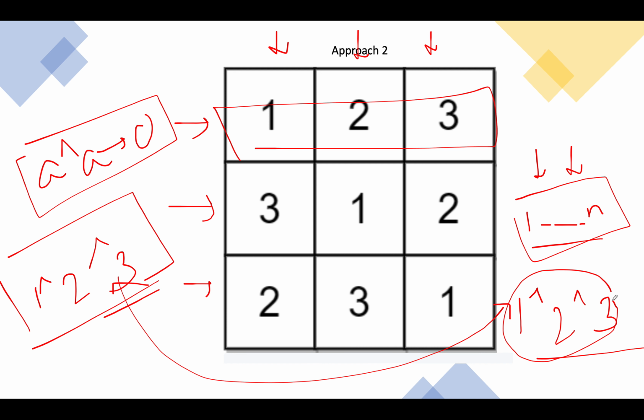Pretty simple and straightforward. Here in this case, we have exploited the property that 1 will be cancelled by this one. 1 XOR 1 turns out to be 0. 2 XOR 2 turns out to be 0. 3 XOR 3 turns out to be 0. And in case there has been some duplication, let's take the case where 1 XOR 1 XOR 3 were present in the row, the value will not be equal to 0, because this will get cancelled by this, and the XOR of 2 and 3 is not equal to 0. This is what we are aware of.